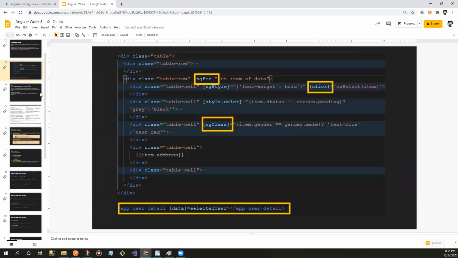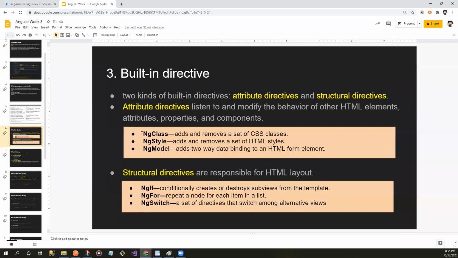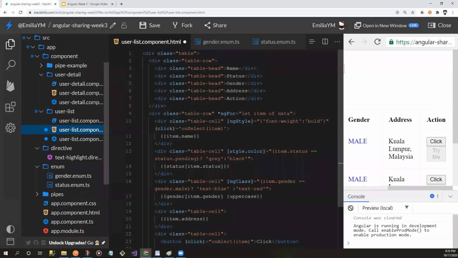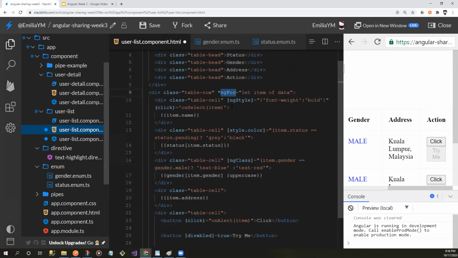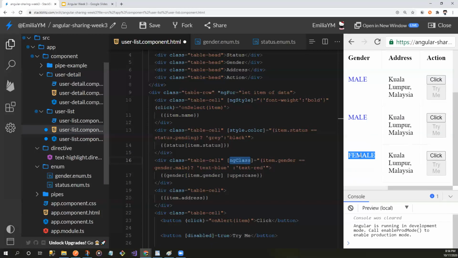Actually, I start from here better. So ngClass is for you to add class. For example, here I'm using ngClass. This one is a ternary operator. Do we understand this ngFor? It's ngFor for a list of items, for each item. So with ngClass, I want to change the male and female into a different text